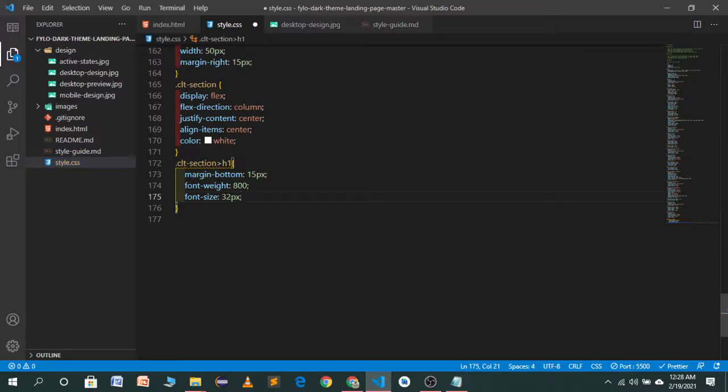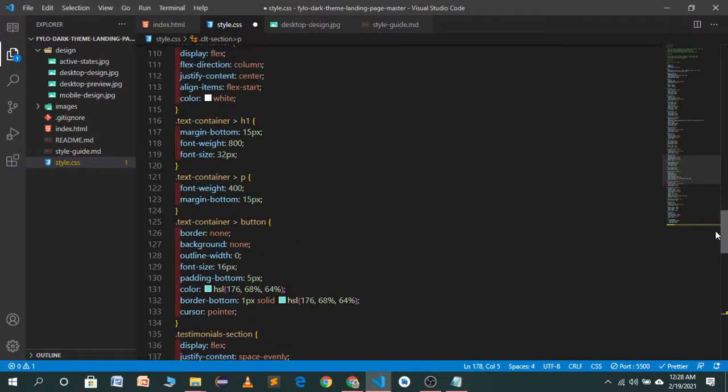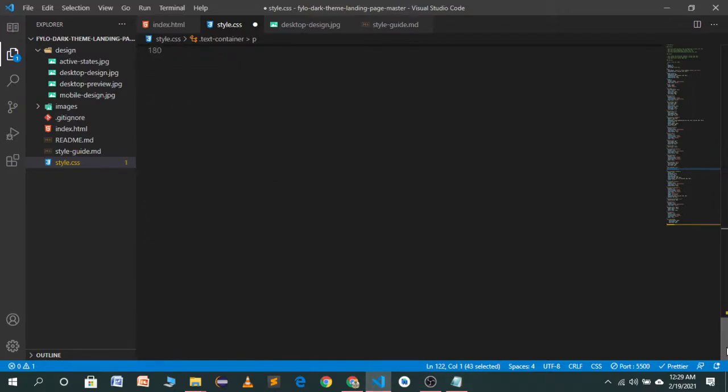And for the paragraph we will also give the same styles as we have given in the upper paragraph. So let's see how it looks.